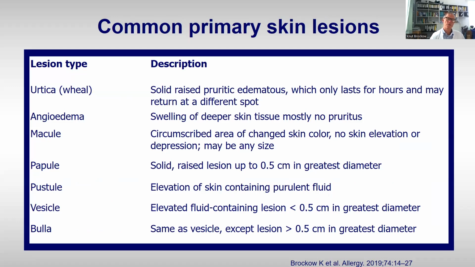And then you keep in mind to describe the skin lesions as good as possible using the common primary skin lesion nomenclature in dermatology. Here you have got the different primary lesions, which I'm not going into too detailed, like a wheal, which is temporarily only, a macule, papule, pustule, vesicle, or bulla, or an angioedema, which is a deeper wheal, actually. Sometimes it can be difficult to decide if there's an urticaria to a drug or